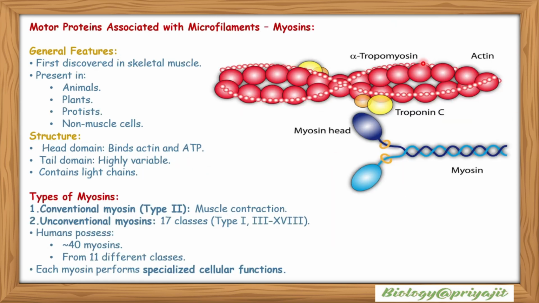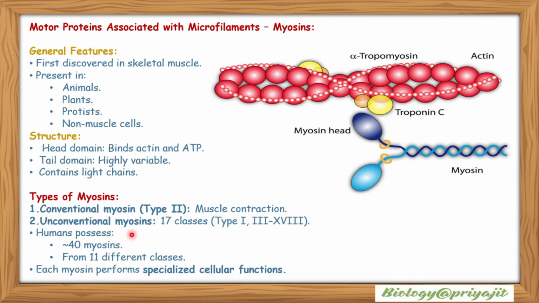The motor proteins associated with microfilaments are called myosins. General features include that they were first discovered in skeletal muscles, and they are present in animals, plants, protists and non-muscle cells. Their structure includes a head domain which binds actin and ATP. They have a tail domain which is highly variable. It contains light chains. Types of myosin: there is conventional myosin, type 2 myosin, which is responsible for muscle contraction,